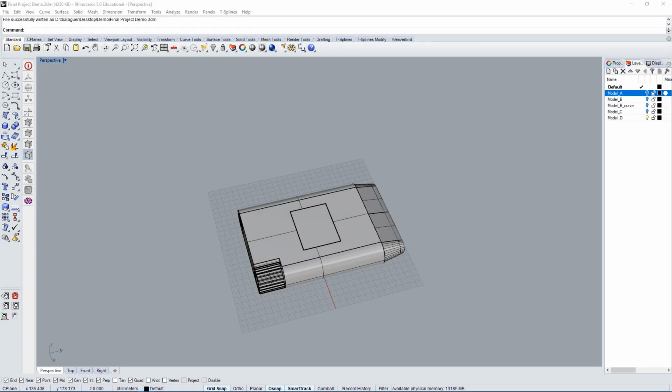So for this video, I want to go over a few things for the final assignment. The first thing I want to mention is that you've been doing a few drawings, a few concept sketches to get some direction of where you want to take this model. What kind of model do you want to create? What kind of form? What kind of object? Where do you want the buttons to be?